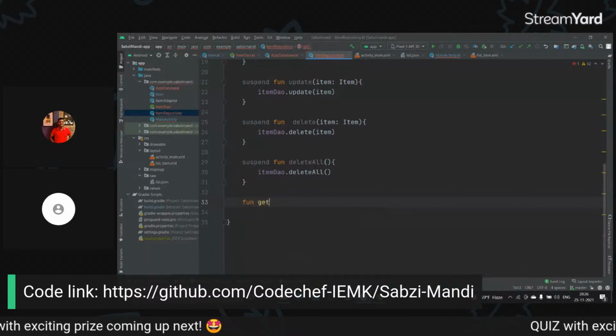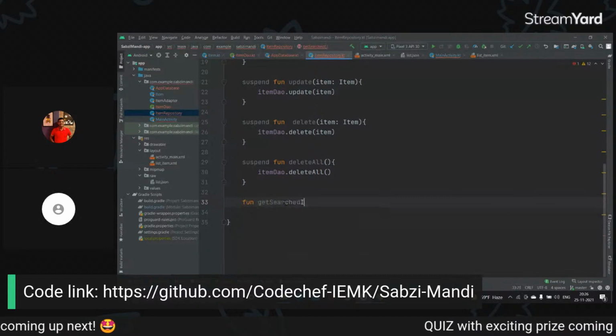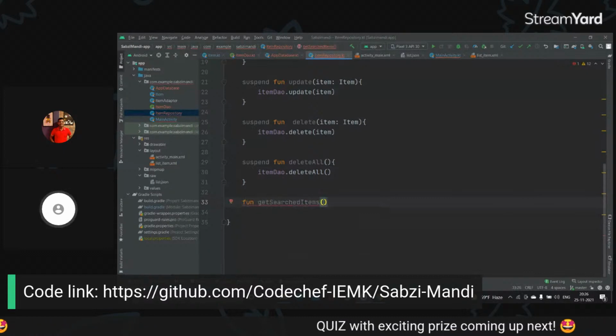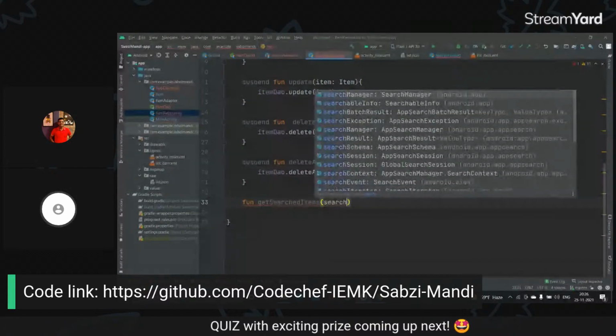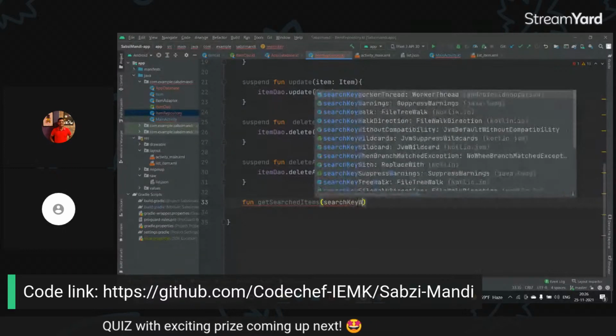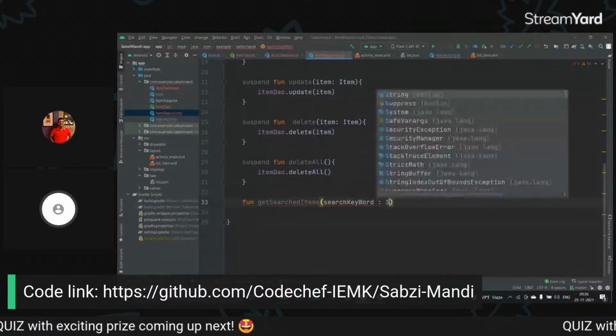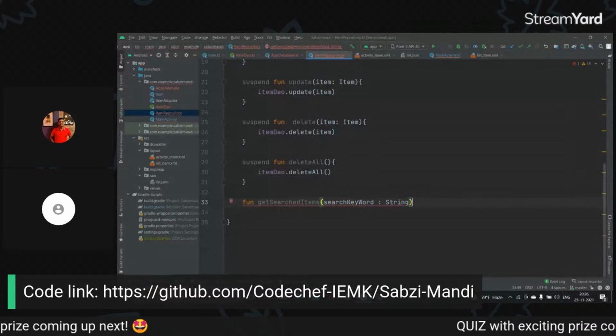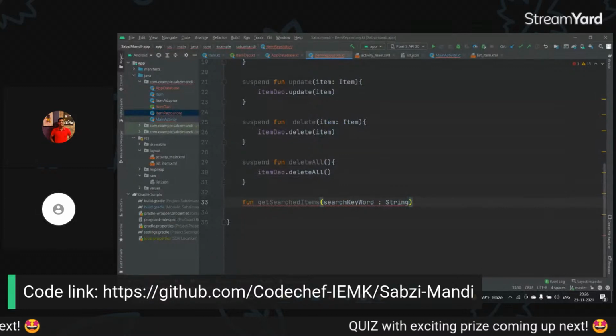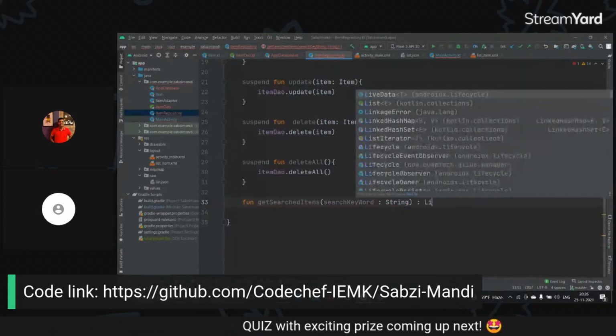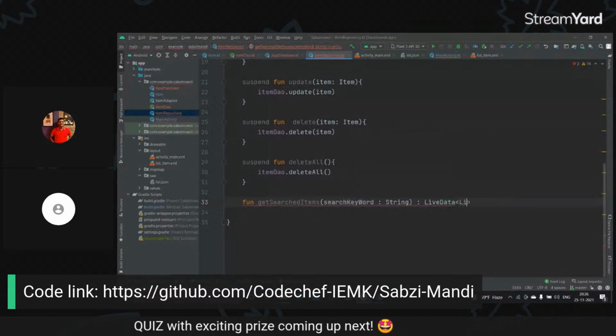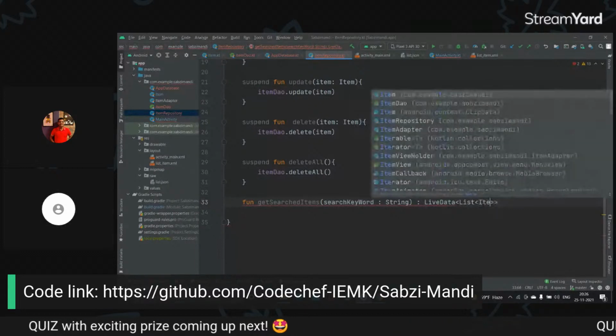Fun get searched items, and I'll need to pass the search keyword as a string here, and this would return a list of items,